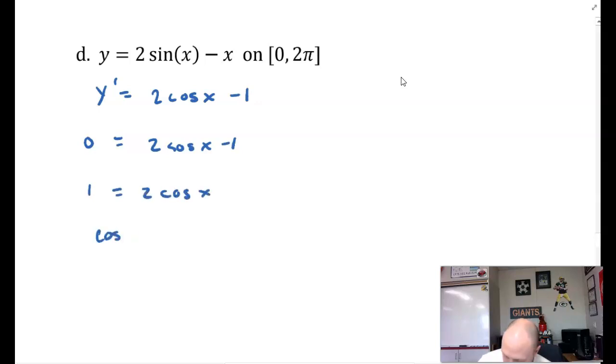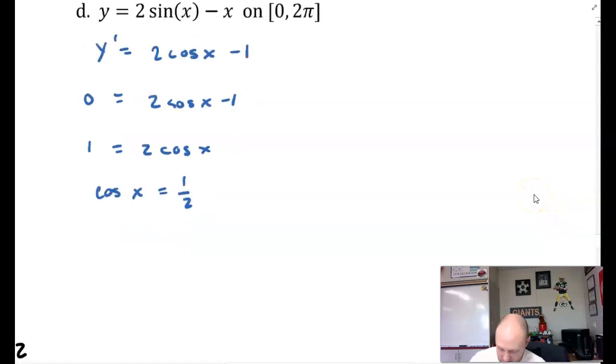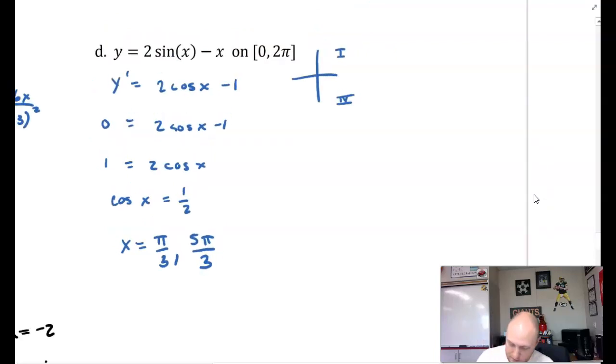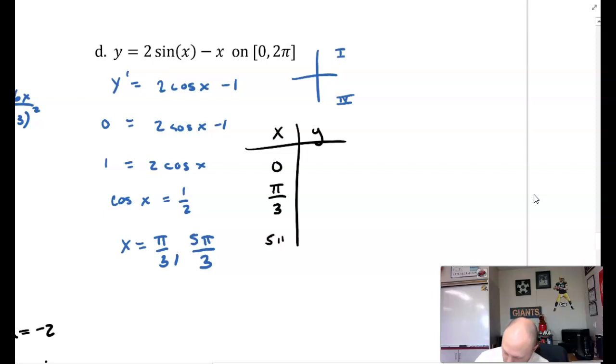And so we get cosine of x is equal to 1/2, okay? And on the unit circle, cosine of x is equal to 1/2 at pi thirds. X is equal to pi thirds. And then also in quadrant number 4, where cosine is positive. So cosine is positive in 1 and 4. So that's going to be 5 pi over 3, okay? So we'll go ahead and generate our table x and y, and we get 0, pi over 3, 5 pi over 3,